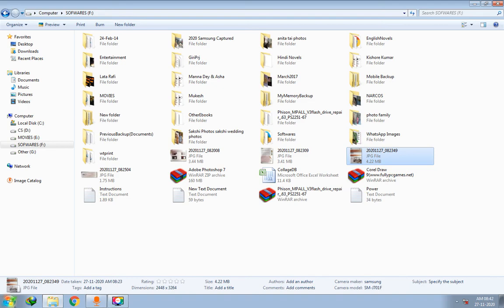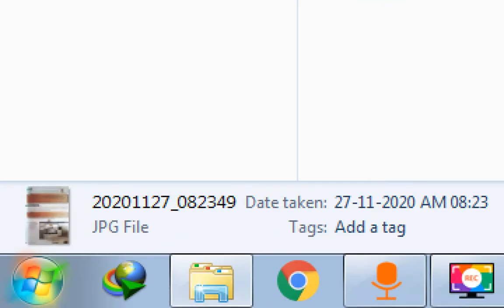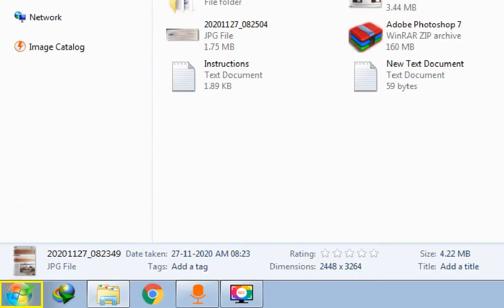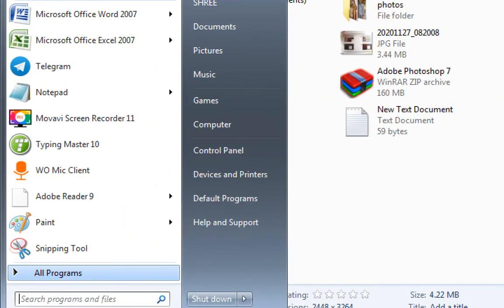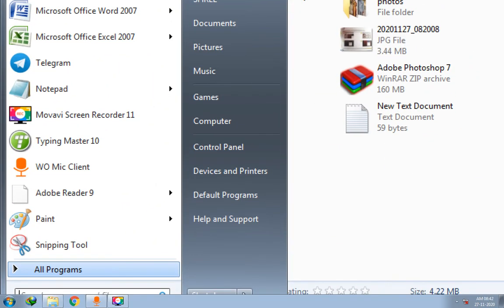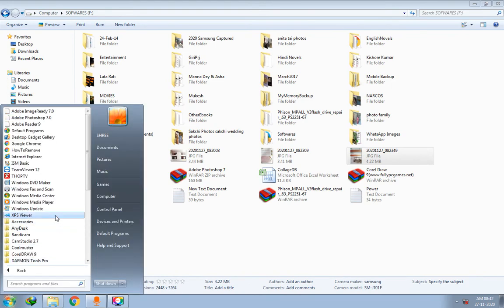So let me open the PowerPoint software. How to open? See here, it is the Start button, right? Click that. After pressing Start, click on All Programs, and then I'll select Microsoft Office.